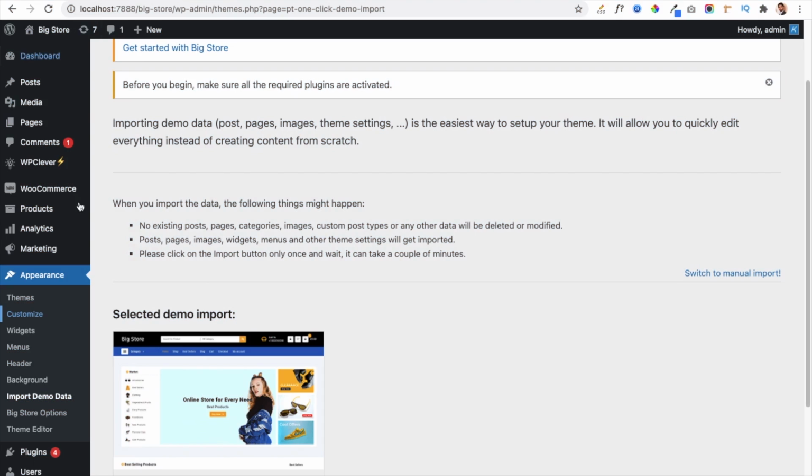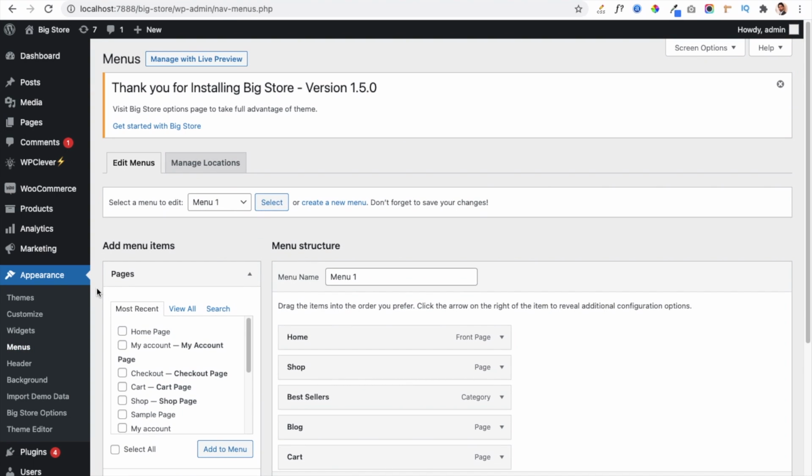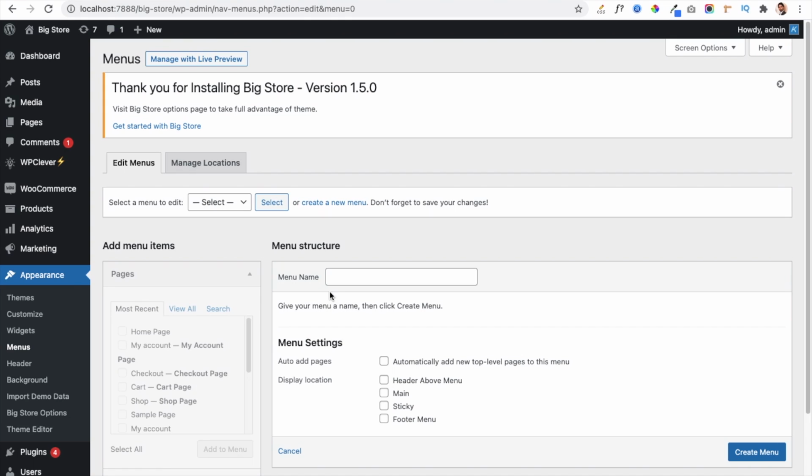Friends, as you can see, this is our dashboard, and in our dashboard we have to navigate to Appearance and click on the Menus link. Friends, this will open a menu section where we can create a custom menu. So friends, first you have to create a new menu, and for that you have to click on this link, Create a new menu, and it will open an interface to create a menu. Now we have to give the name of our menu. Suppose I am going to create a main menu for my header part, so I am giving the title Main Menu,